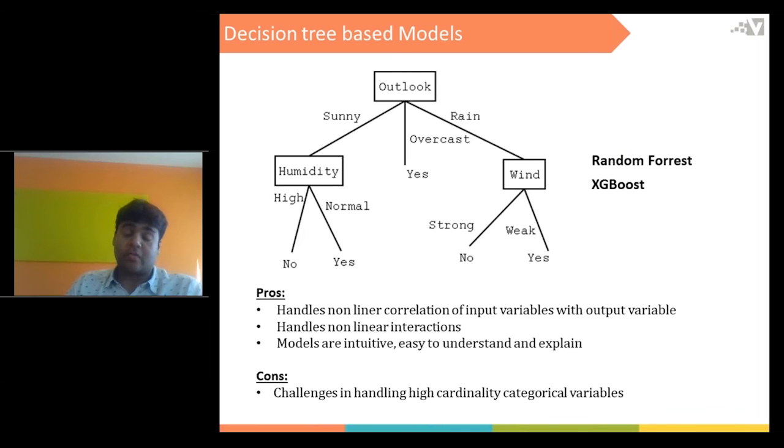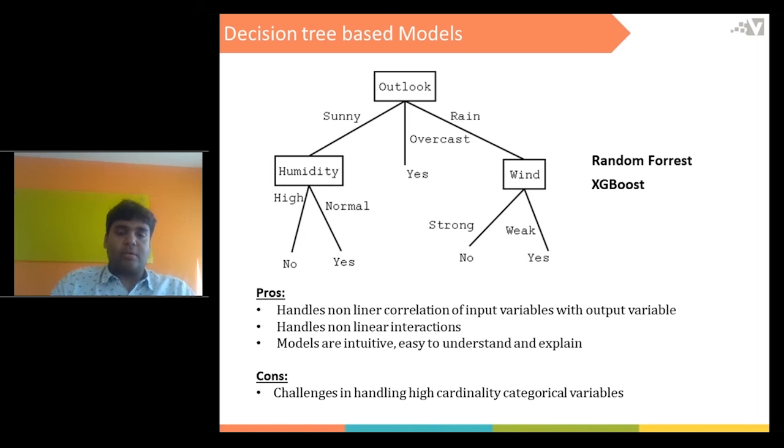If it's 10 or 20 or 100, it's fine, and to the best of my knowledge, some variants of XGBoost and random forest are also able to handle up to 1000, but not beyond that. So this is one of the main challenges in decision tree based models.